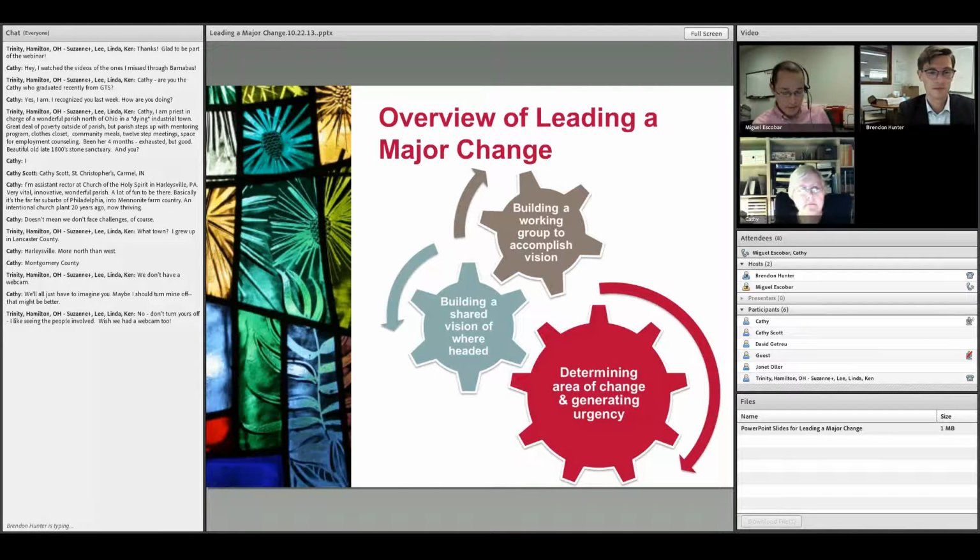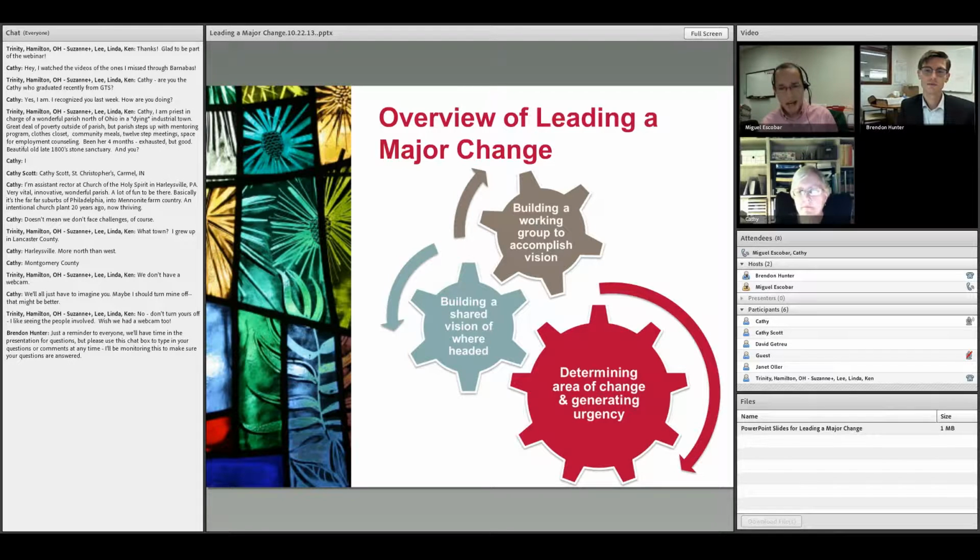The second source that a lot of this is drawn from is a training that I attended, put on by the group Interaction Associates, and they specialize in leading change in what is described as collaborative networks, which is a good way of describing the church. A church is a collaborative network. There are lots of people, multiple stakeholders, lots of different opinions. People are bound not by employment, but by a sense of commitment and faith. That requires a special kind of leadership and a special kind of thinking whenever you're talking about leading